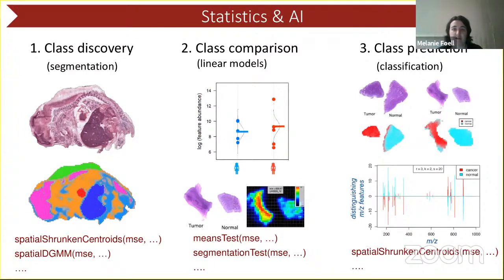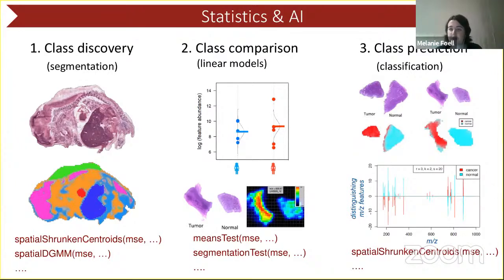Then if we have data sets where we know our classes and we want to know which molecules are different in the different classes, we can just use a class comparison based on linear models. And for this, there's the means test, where we just compare the means between the different groups. And there's also a segmentation test where we previously do a segmentation and then only compare the mean intensities of the segments, which might be quite a bit more accurate than the mean of the whole sample. And third,